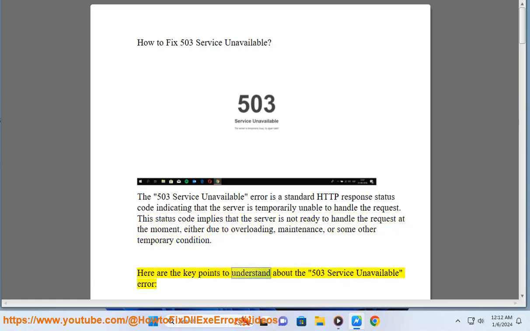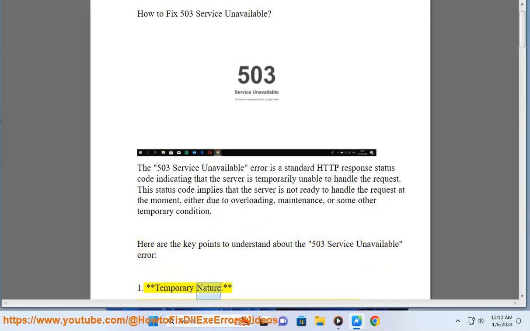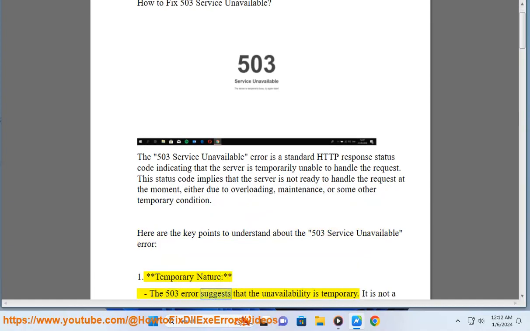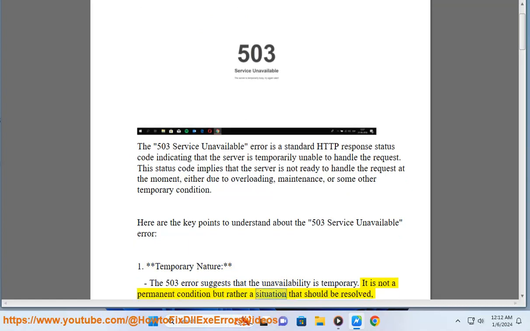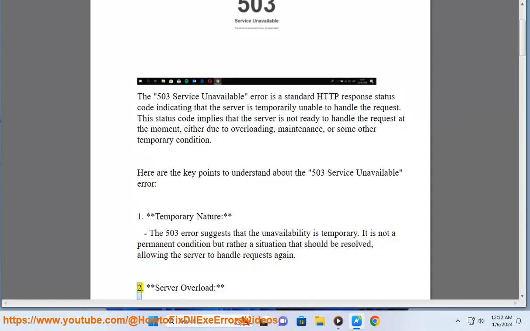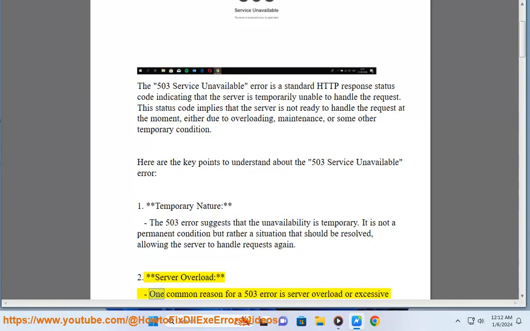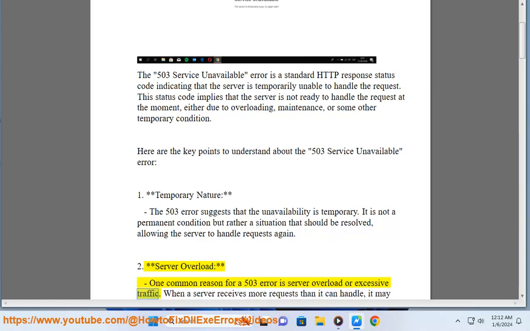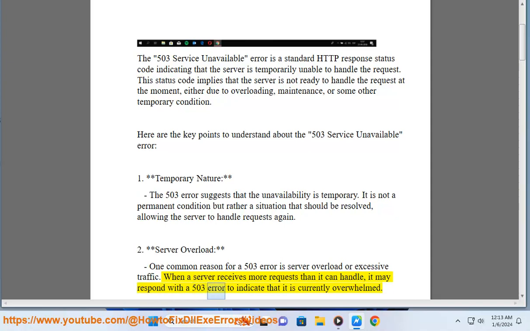Here are the key points to understand about the 503 service unavailable error. 1. Temporary nature. The 503 error suggests that the unavailability is temporary. It is not a permanent condition but rather a situation that should be resolved, allowing the server to handle requests again. 2. Server overload. One common reason for a 503 error is server overload or excessive traffic. When a server receives more requests than it can handle, it may respond with a 503 error to indicate that